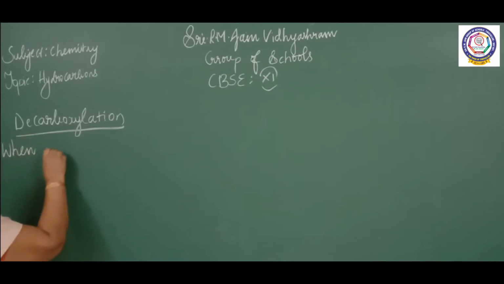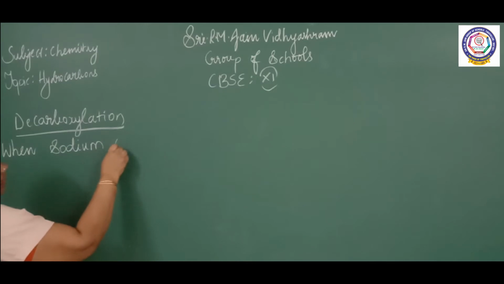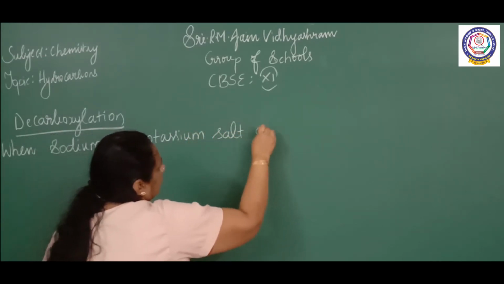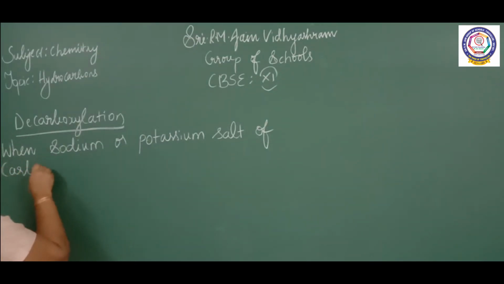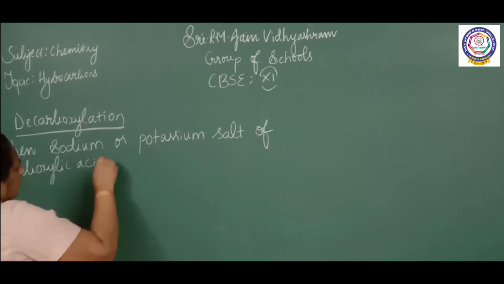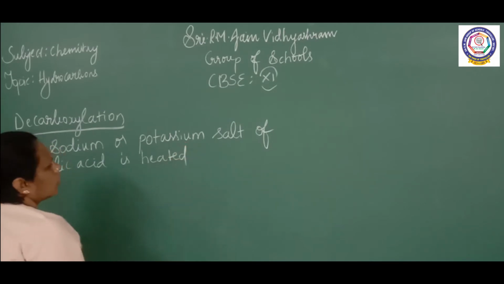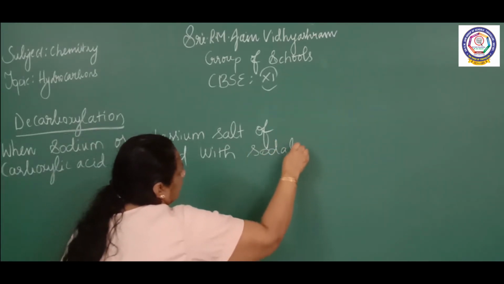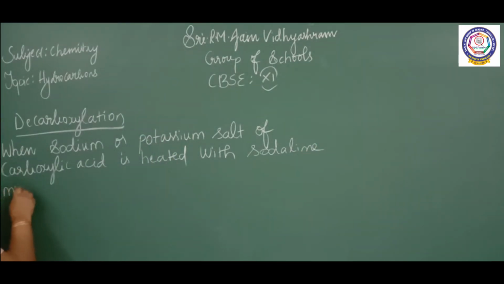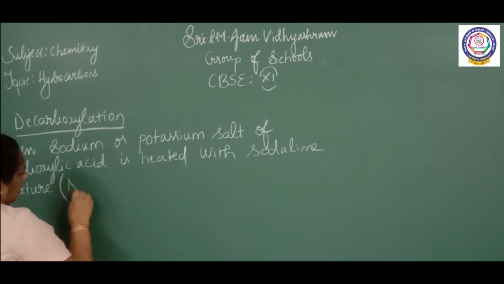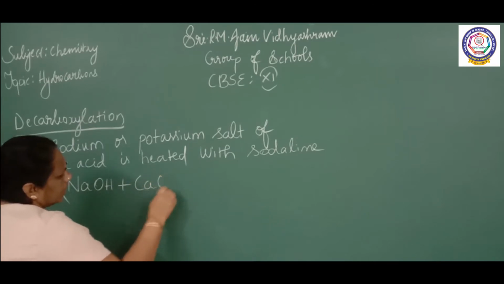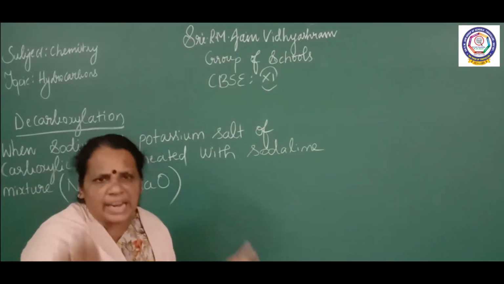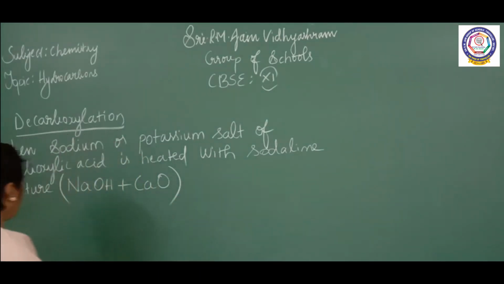When sodium or potassium salt of carboxylic acid is heated with soda lime mixture, that is a mixture of sodium hydroxide plus calcium oxide, a mixture of sodium hydroxide and calcium oxide, the product is